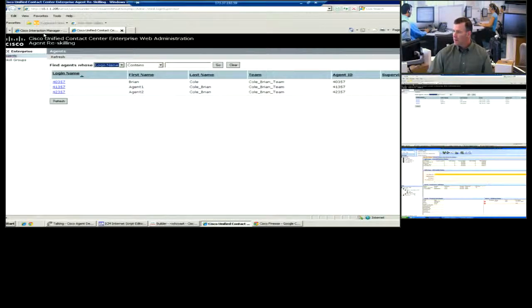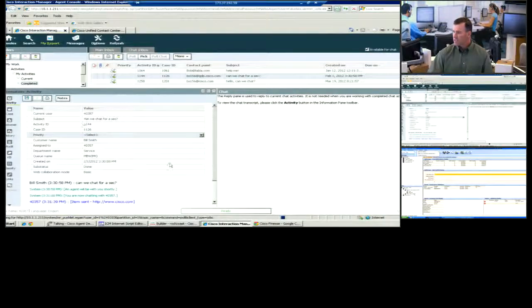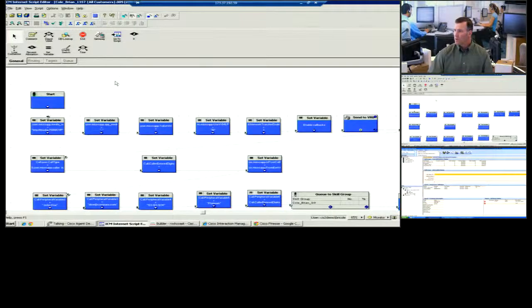Some of the other elements of the system are dynamic reskilling, also working with the script editor, so we can take them into how to create the automatic call distributor, the ACD, show them the elements of this and the palette where they can just drag and drop elements onto the palette and connect the dots to go ahead and create their call routing,